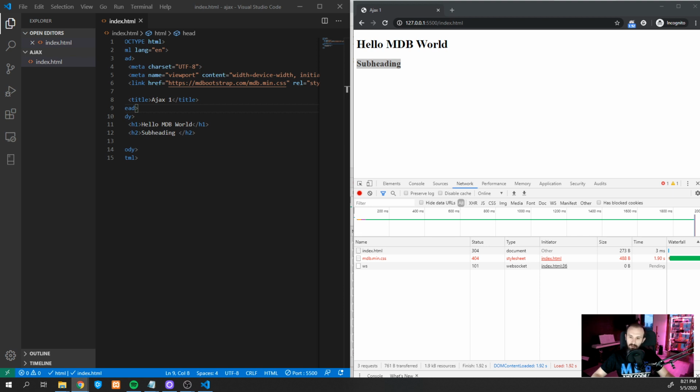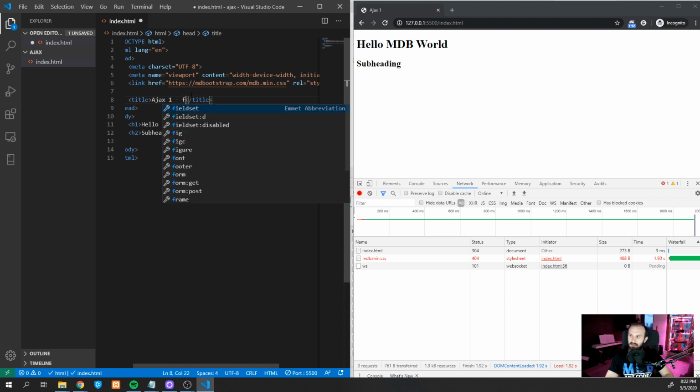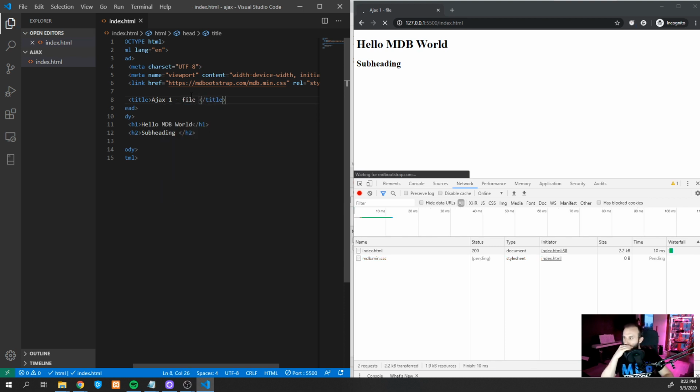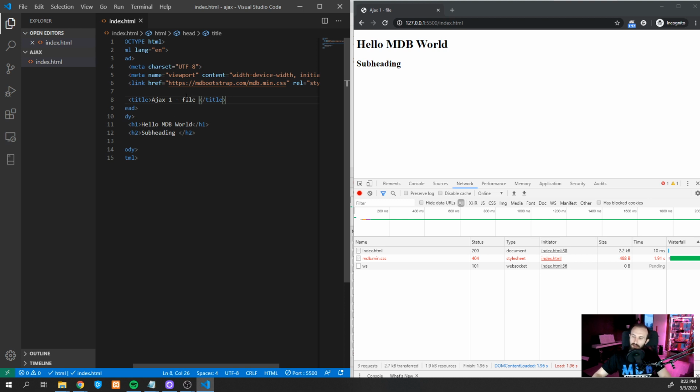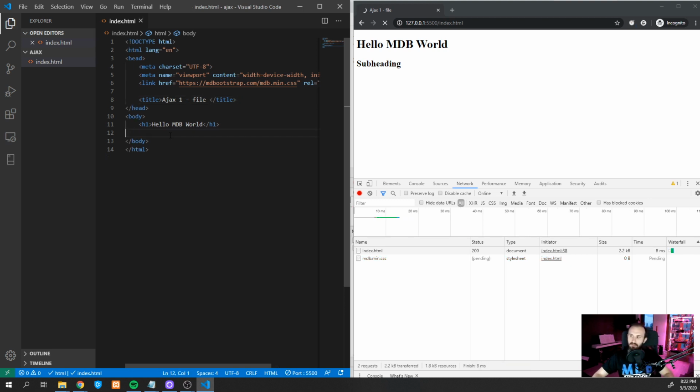Are they clear, and do you have a good understanding of how it works, that we are sending this call to the server and it's replying? And I'm going to slowly move on, because now it's time to build our first piece of code with the use of Ajax. Okay, guys, so we have this Ajax file. What we are about to do right now is load a file from our hard drive using Ajax, which means without